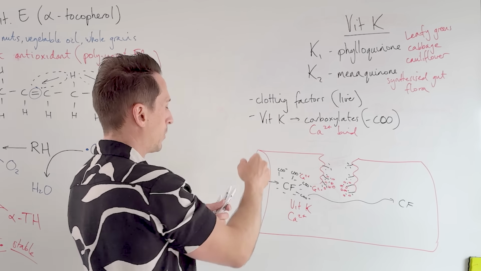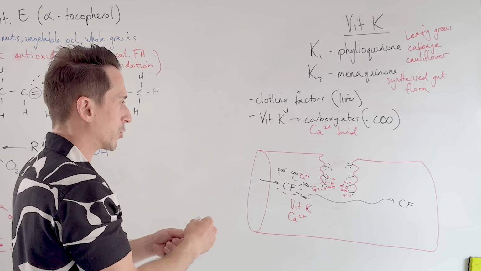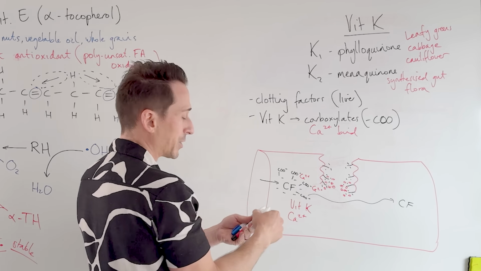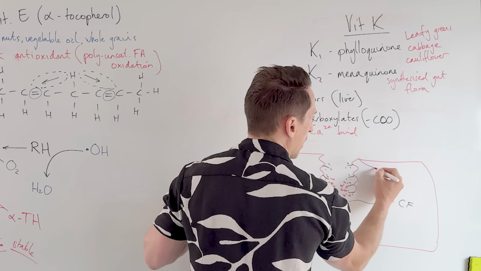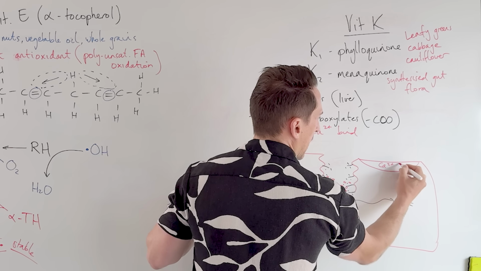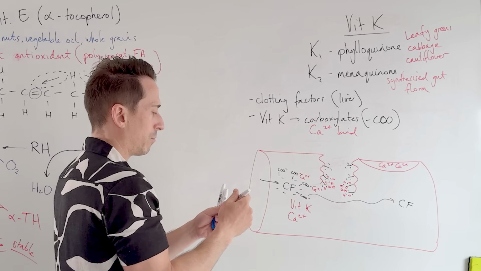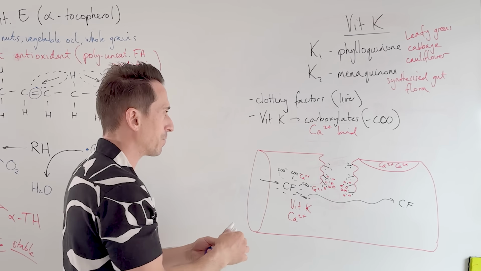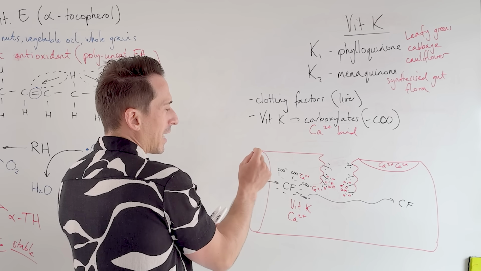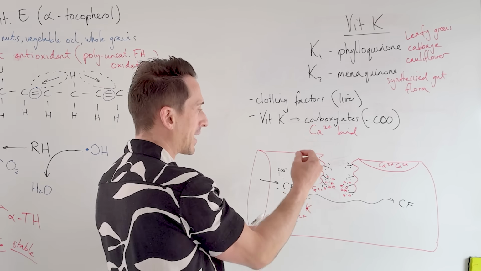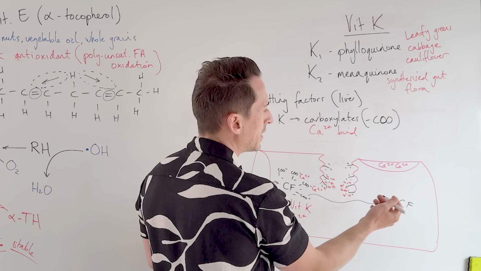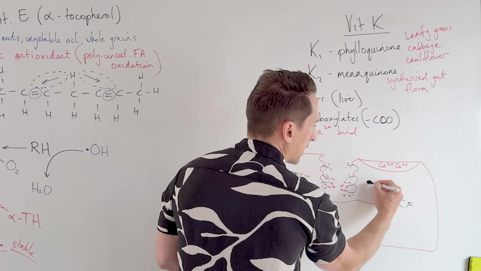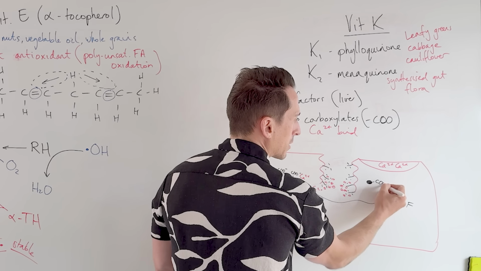The second reason why we need vitamin K is important here as well, is that sometimes people are at risk of accumulating calcium plaques in their blood vessels. So calcium can actually accumulate in the blood vessel and that can form plaques which obviously lead to atherosclerosis, heart disease, heart damage and so forth. What vitamin K can do is, in addition to carboxylating clotting factors, it can carboxylate these proteins within the matrix, right? And so let's just say that is this important protein, it carboxylates it.